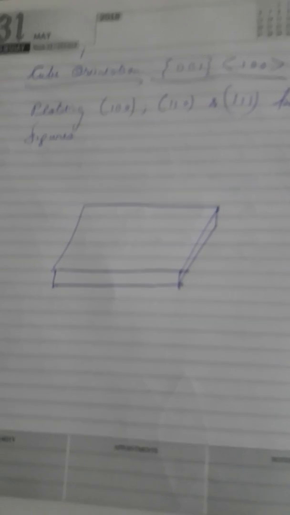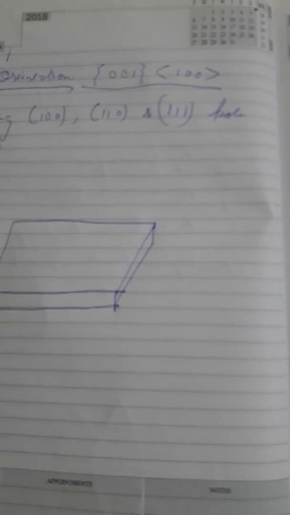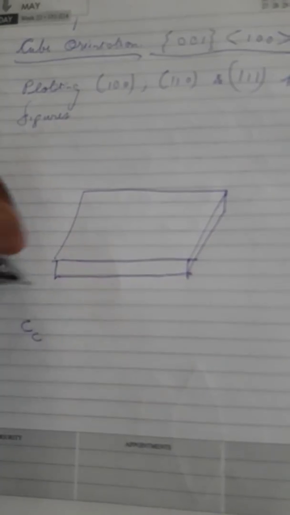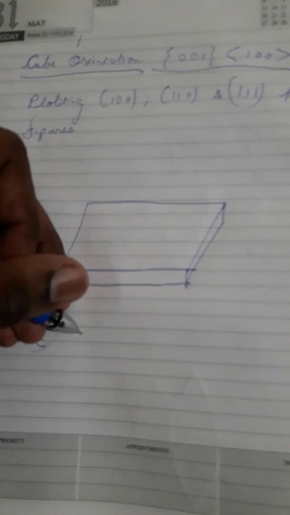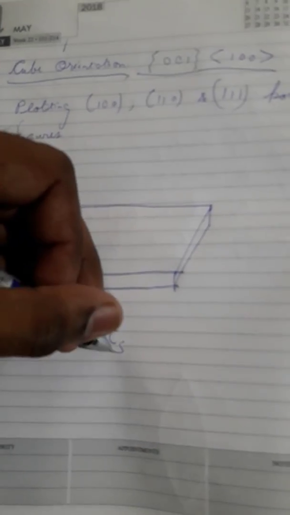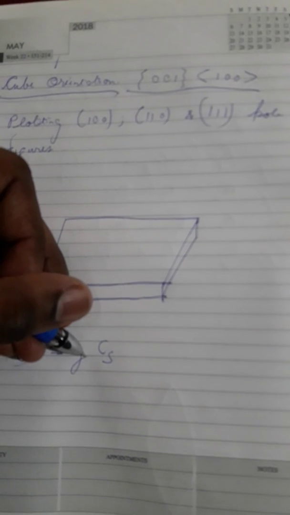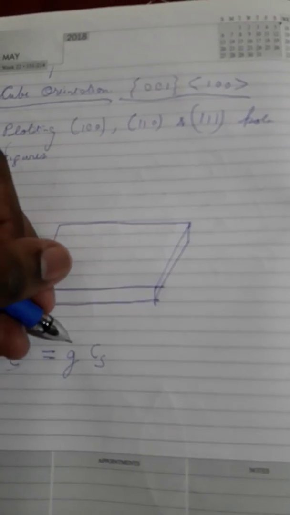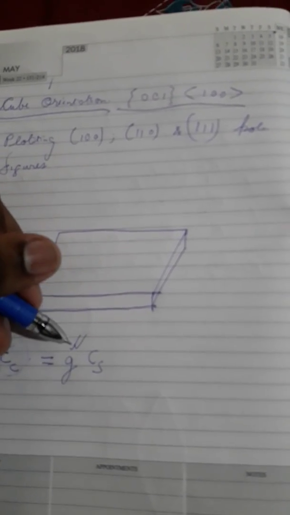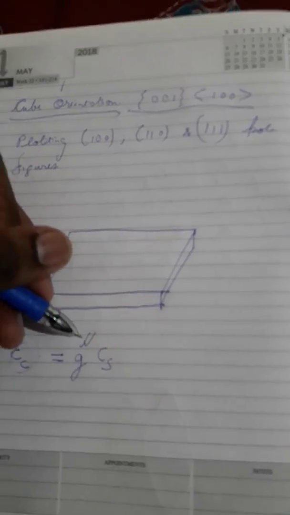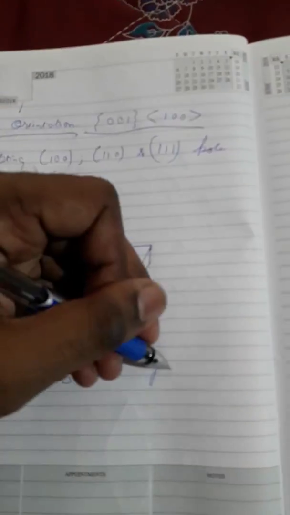The cube orientation is called the simplest orientation because of the relationship between the crystal coordinate system, denoted by the symbol C suffix C, and the sample coordinate system. They are basically related to each other by the G matrix. What is this G matrix? It is basically the orientation matrix or the rotation matrix. Now the G matrix is basically equal to